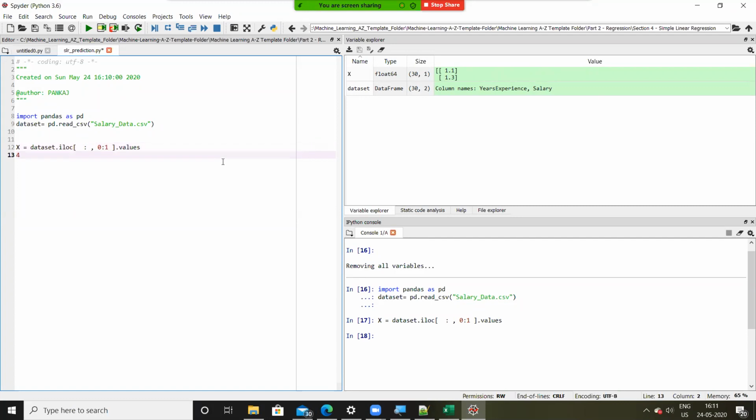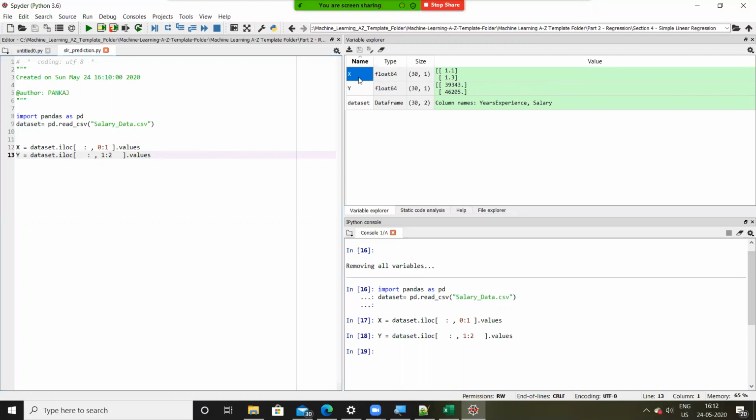Then I'll do a similar thing for variable y. So y is equal to dataset.iloc[].values, comma, left hand side of comma is rows. I need to read all the rows, and from columns I'm going to read column index 1, and I'll say till 2. 2 is exclusive, so it will not consider the second index. Select, Control Enter. Done. So I got variable X, and I have variable y now.